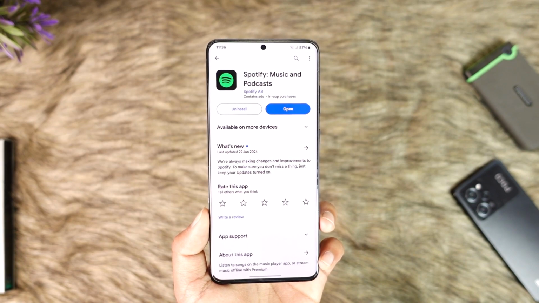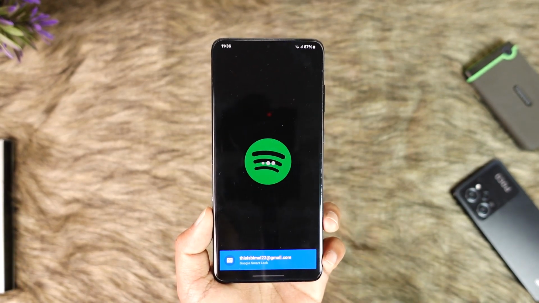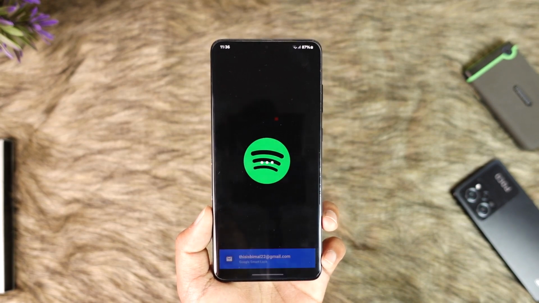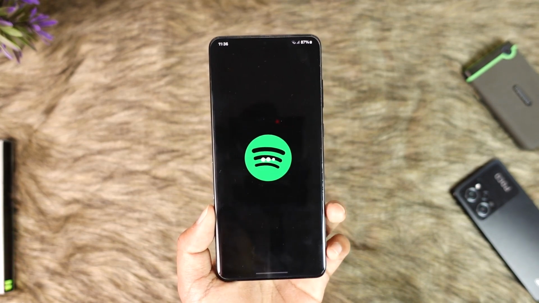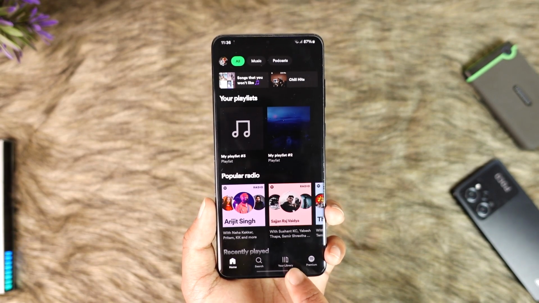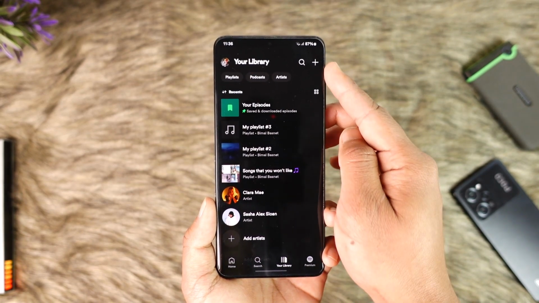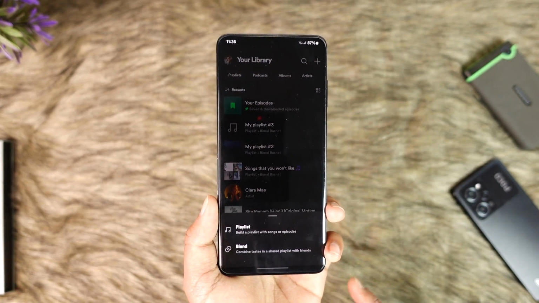Now in order to create a playlist on Spotify, you open the Spotify application and make sure that you're signed into your account. Then once you're signed into your Spotify account, you're going to be able to see this type of interface here, where what you need to do is to simply tap the Your Library option from the bottom right of the screen. From Your Library, tap the plus icon from the top right hand side, then just select the option here known as Playlist,